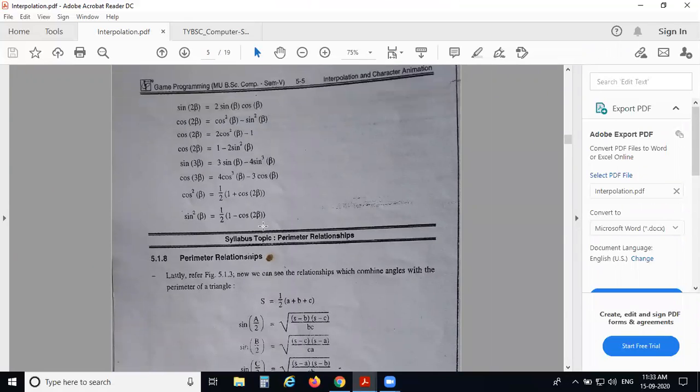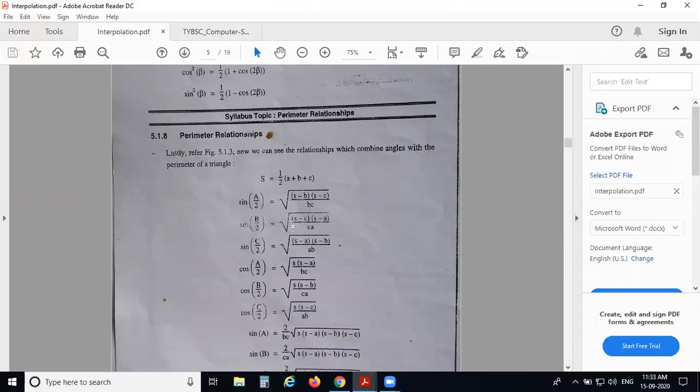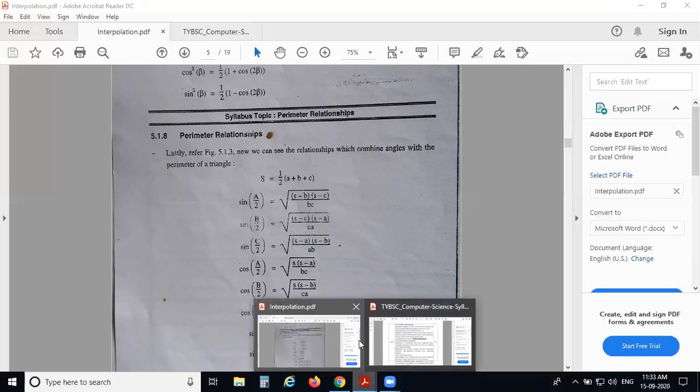Okay, so here your chapter is completed, which is named interpolation and character animation. So the next chapter, which is